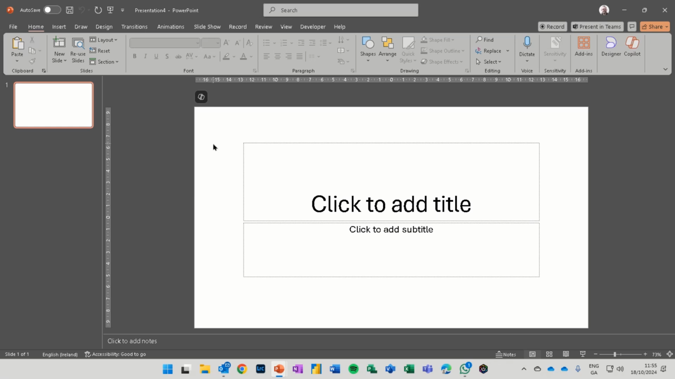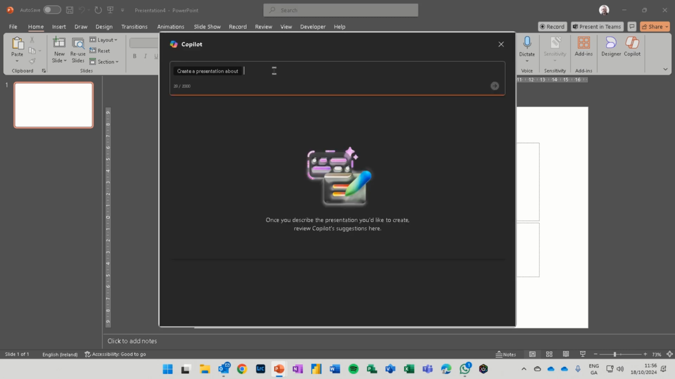What we're going to be looking at in this short session is one of the new features available if your organization has Microsoft Copilot licensing available. So I'm in Microsoft Project. I'm going to click on the Copilot icon and I'm going to give it a prompt to create a new presentation about